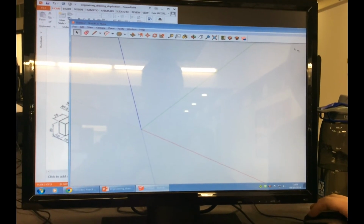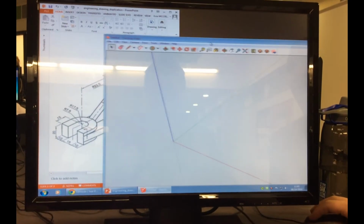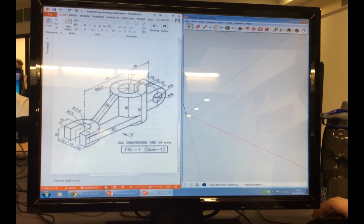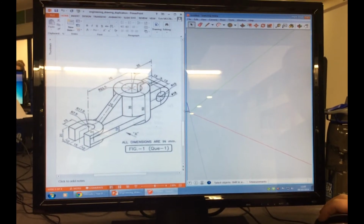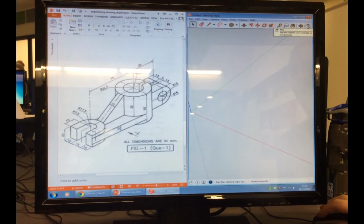If the instructor comes up on the right hand side, just press the X, close it down and then drag using the top bar all the way over to the right hand side, so we snap it to half the screen and then we can see half of the drawing and half of the drawing that we're doing. So I can see the origin where all the points meet, 0, 0, 0. Click on pan,